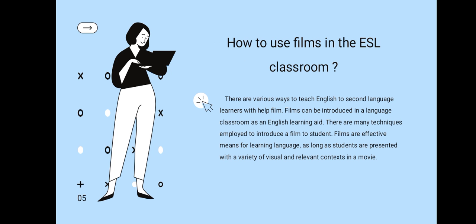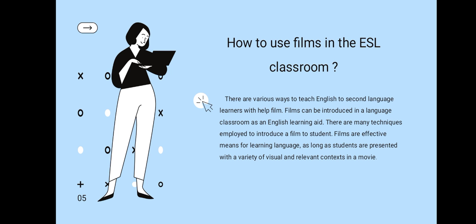And next slide is how to use films in the ESL classroom. Okay, there are various ways to teach English to second language learners with the help of film, because students learn a language uniquely according to their own specific learning abilities.